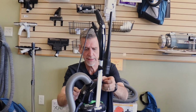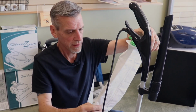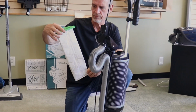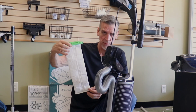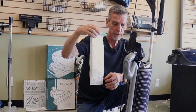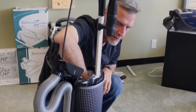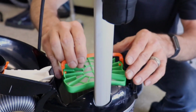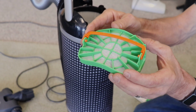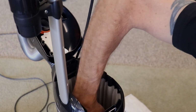And how we achieve this, we have a super high filtration disposable bag. This will be more than adequate for most people with allergies, just from the bag system it uses alone. We also have a pre-filter underneath here, a microfilter that catches any superfine particles that may escape through the paper bag. And if that's not enough, the outside of the vacuum cleaner,